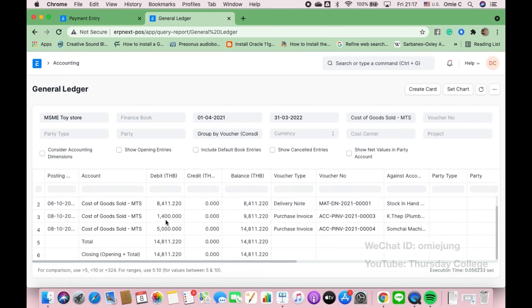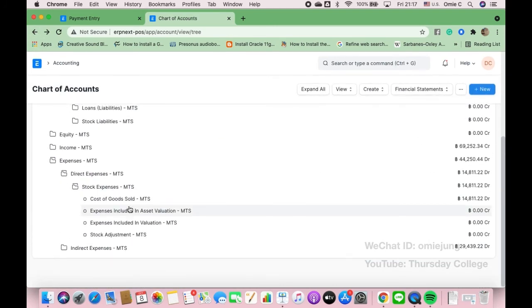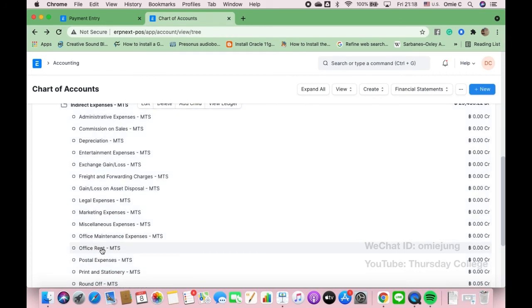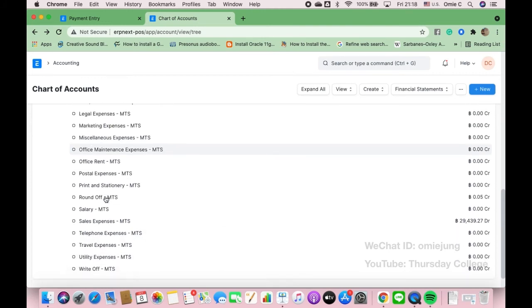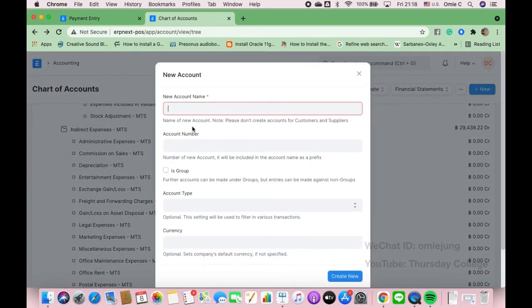And then we go to the expense. However, when we see the expense, if you remember, we asked the plumber to fix the stuff, so in the indirect expense they have the office maintenance. This one, office maintenance, is when we ask the plumber to do it, so it's going to go into this category. But when we fix the machine, we have a lot of expenses but we didn't have the machine repair and maintenance. So what we can do is set a child in here and set machine repair